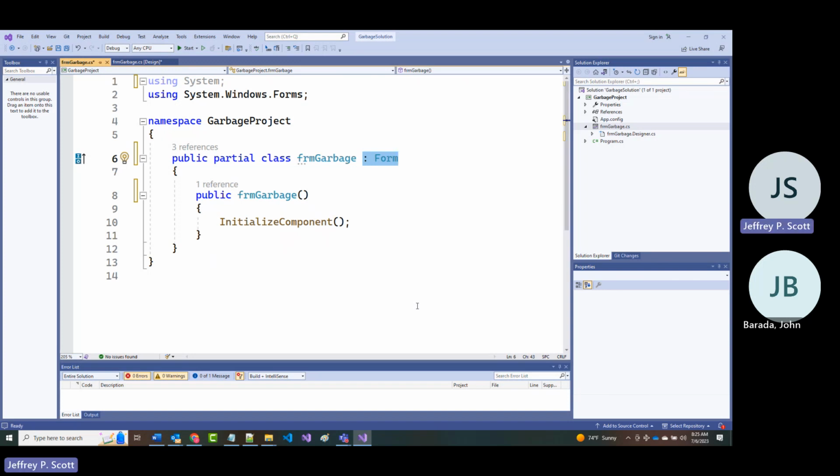So anything that's defined for system.windows.forms is automatically available here. That colon that you see right there, in this case, means inherits from or is a child of. So you can read it as FRM garbage inherits from form, or FRM garbage is a child of form.